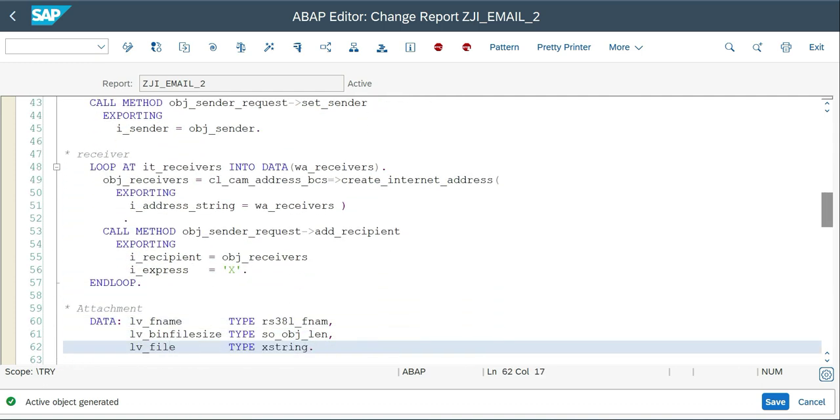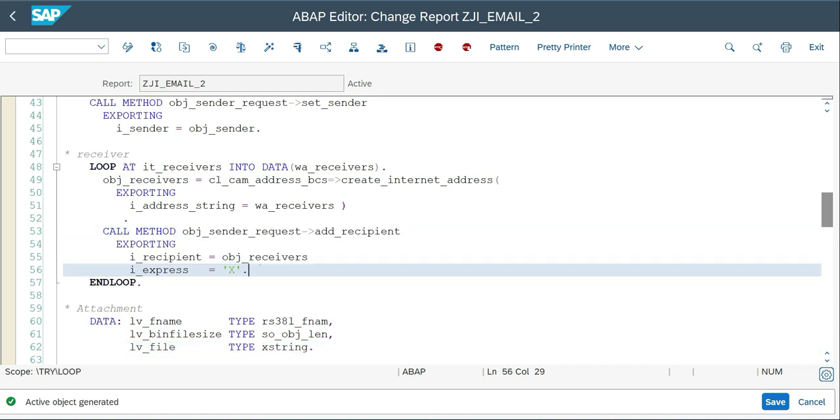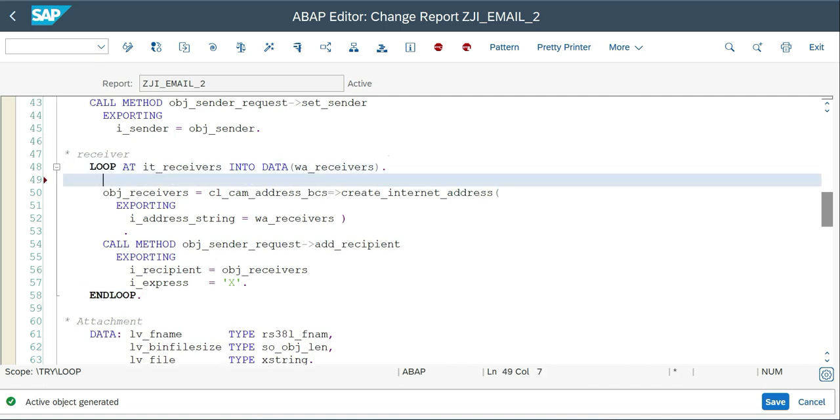Normally if I execute the program, it creates three recipients which are not classified as CC or BCC, everything comes under express only. So now I'm going to do a small calculation or manipulation at the index level. I'm going to grab the index, and maybe index 1 is express, index 2 is CC, index 3 is BCC, because I have three receivers in my program. So let me have an index